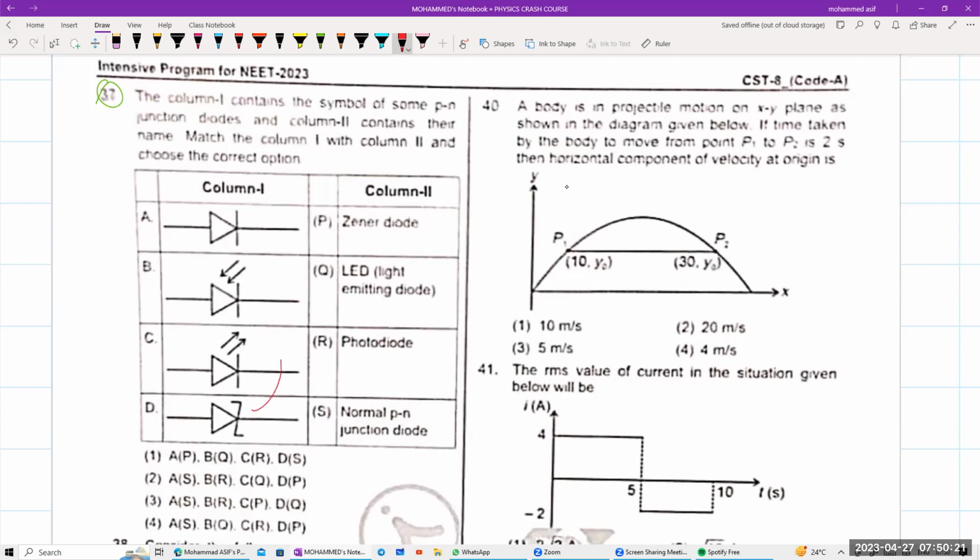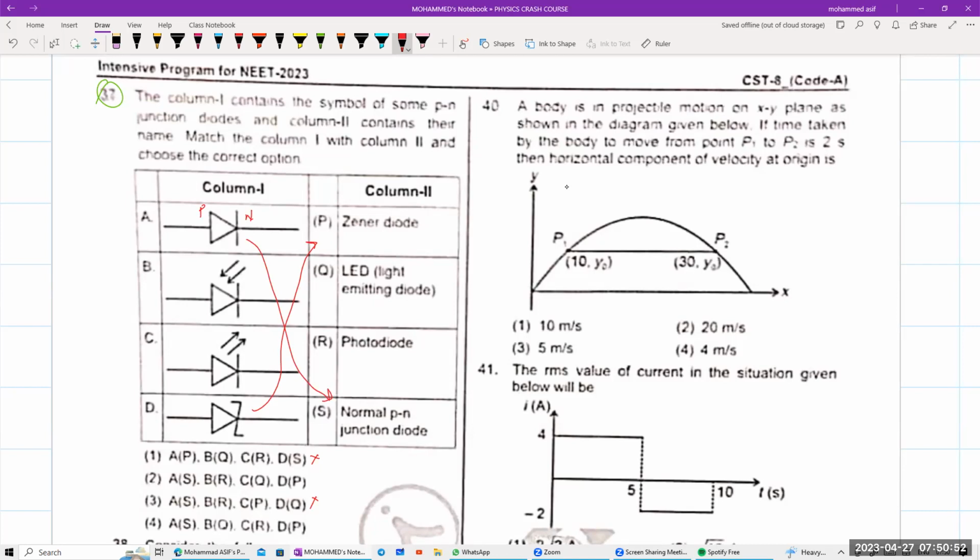So D के लिए should be equal to your P। तो D के लिए P कहाँ दिख रहा है? देखो सेकंड ऑप्शन में दिख रहा है, फोर्थ ऑप्शन में दिख रहा है, तो फर्स्ट ऑप्शन और थर्ड ऑप्शन तो आप एलिमिनेट कर ही सकते हो। Whereas the first option is right now for me। ये तो बहुत फेमस है, PN जंक्शन, isn't it? ये तो नॉर्मल PN जंक्शन डायोड है, isn't it? So ये will be equal to S, S मतलब सेकंड में भी है, फोर्थ में भी है। Okay, we need to check even with the third one।